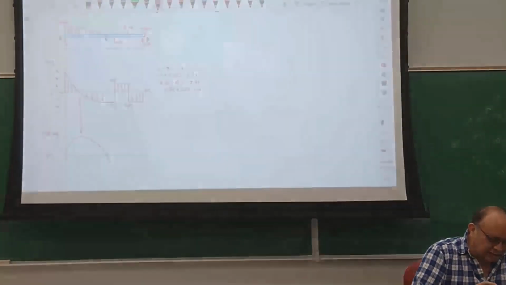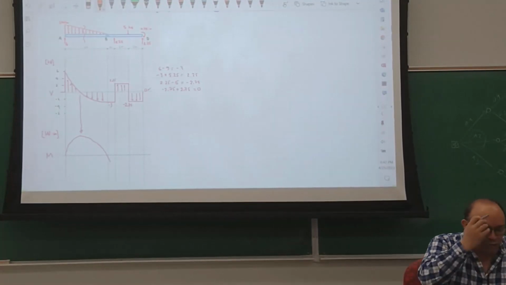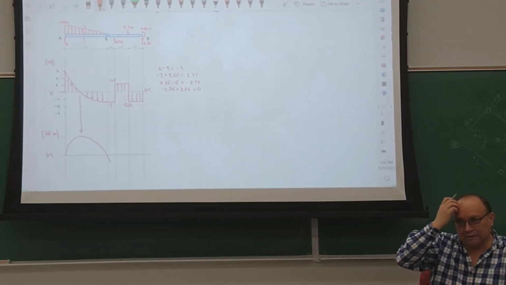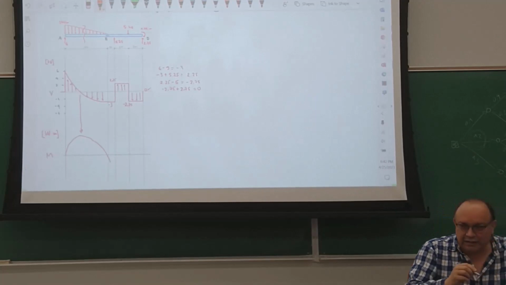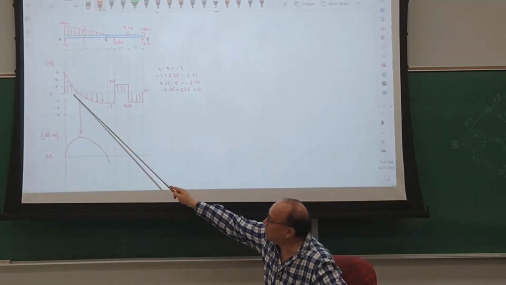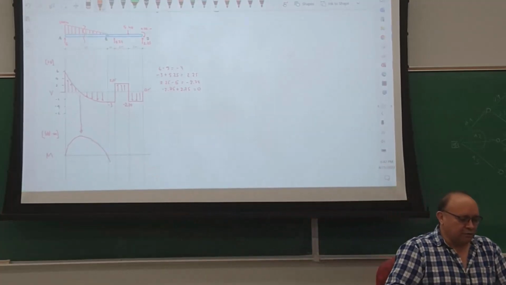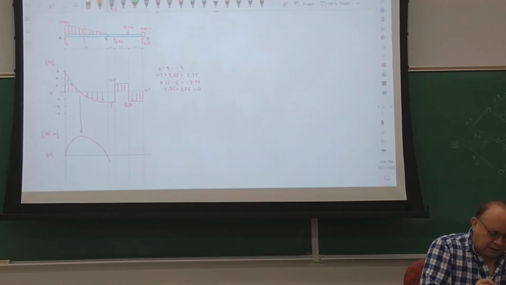So let's get the cut here. We are going to do a cut here to find the equation of shear, because we need to find this. This is a very important point because it's the maximum moment. So we need this distance. Remember, let's do a review of that method. So we do a little cut here,